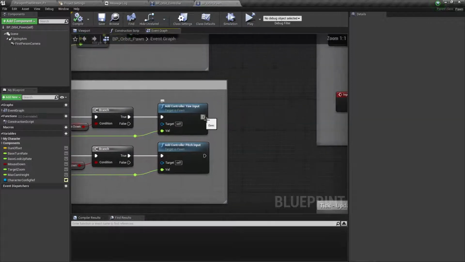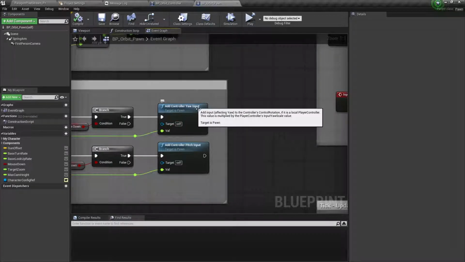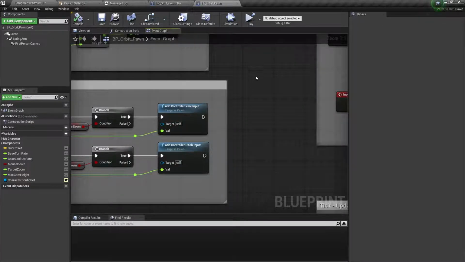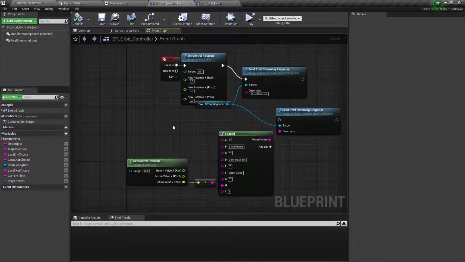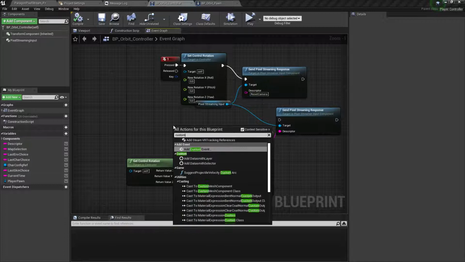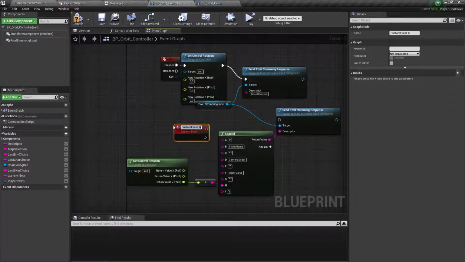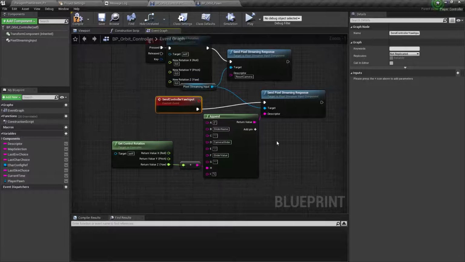So what we would like to do is send the response from here, but because we already set it up in the Orbit controller, we can just create a custom function here and call it change yaw input. Or maybe something like send controller yaw input. Might be better. And connect that.